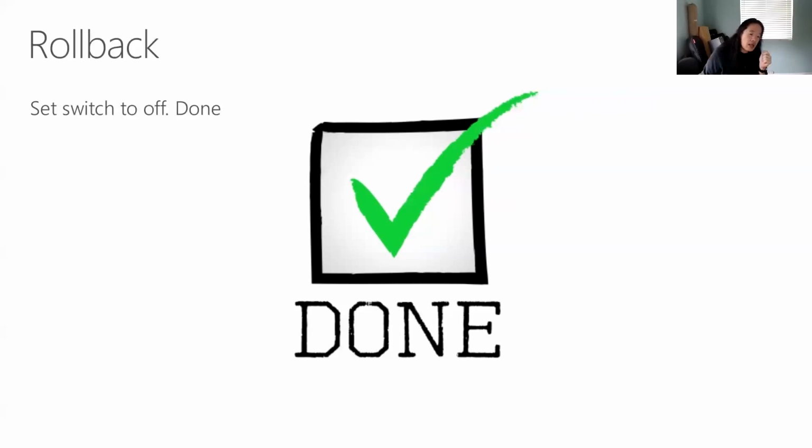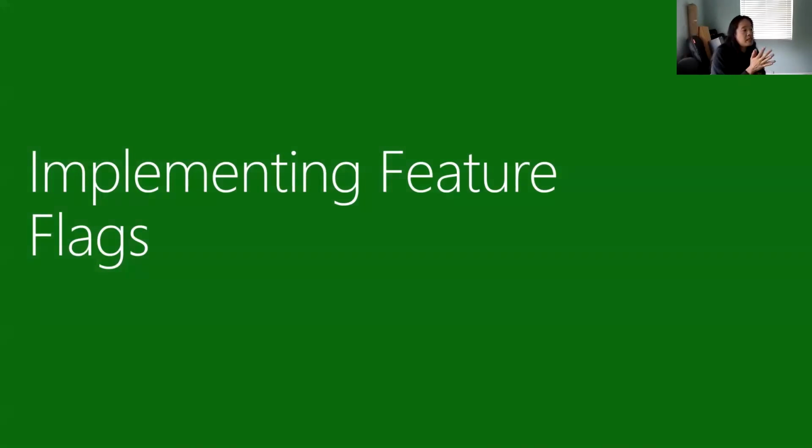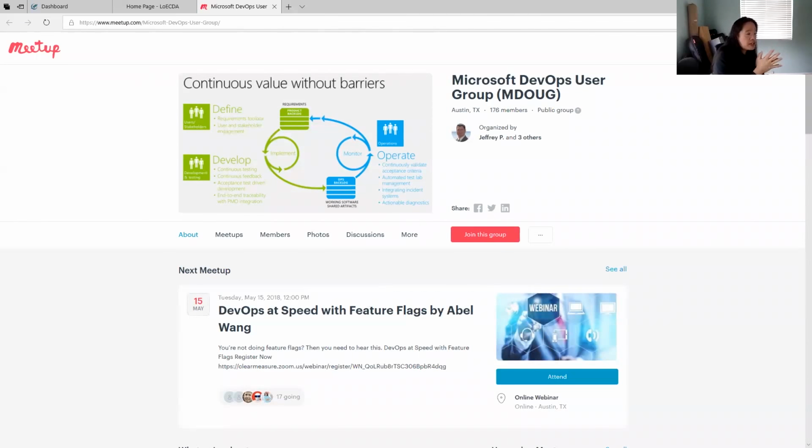So the next thing that I wanted to do was basically show you guys how to implement feature flags in a real world application. The idea behind implementing feature flags is you need to store the value of your flags somewhere, right? Some people use their web config, some people stick it in a database and have an API that they build on top of it to pull those values out. I use a service called Launch Darkly, just because they work so incredibly well. But however you want to implement your feature flags is up to you. But for this demo, I'm going to show everything using Launch Darkly.